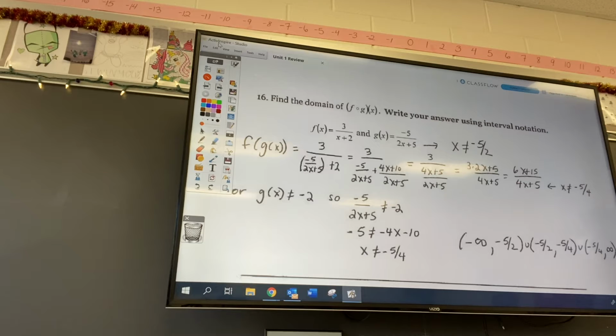Anyone going to say anything? Anyone got a question? The other way you can do this that takes less work, where you don't have to find the composition, is